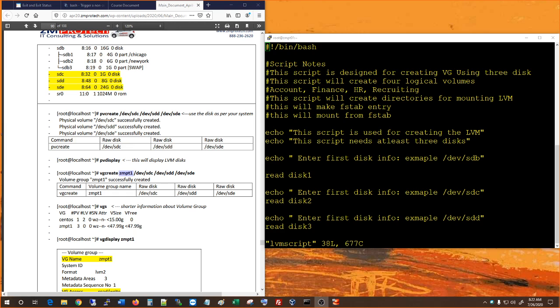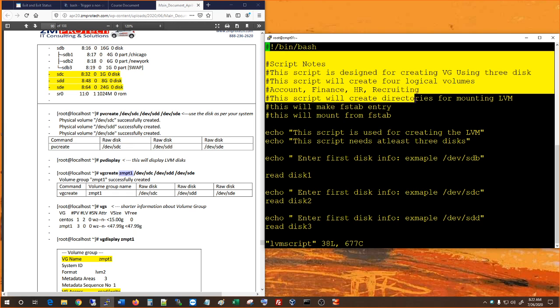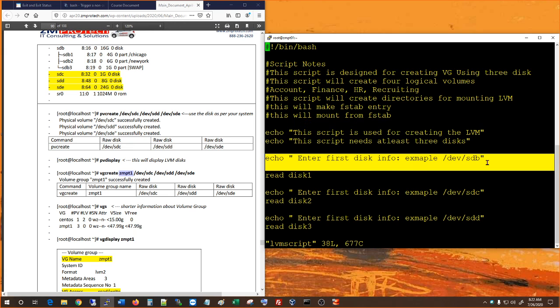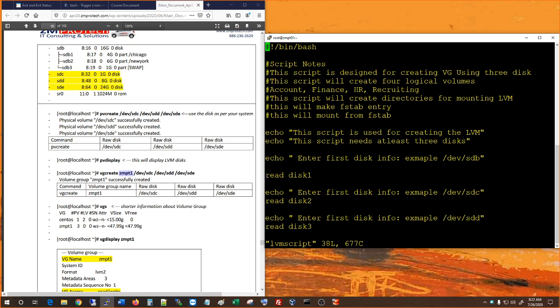So as you know, this part of the script, all this is comments here. This is comment 2, and this is a comment. So what is happening here is read. What read does is it will take the input from the user. It's going to take input here, and here. Okay. So what we're going to do is